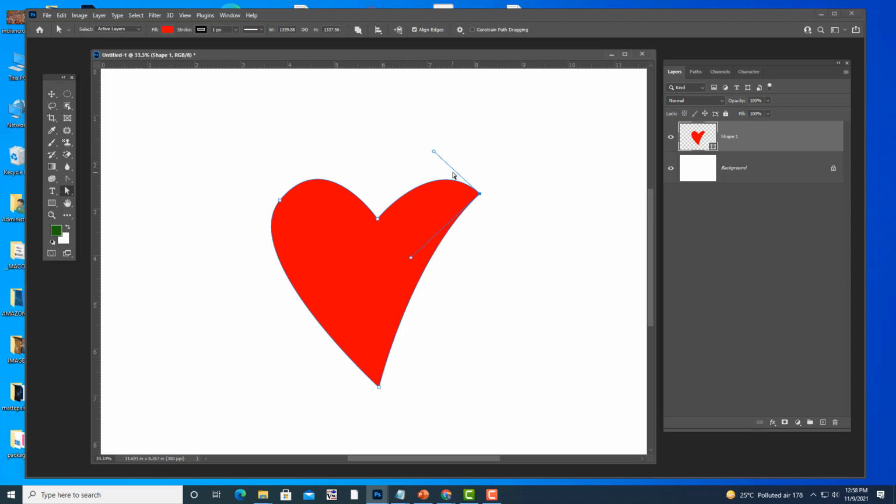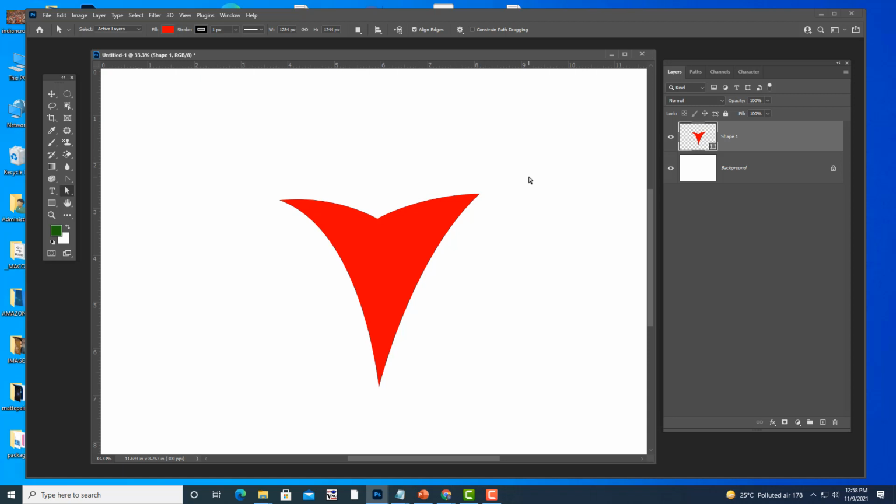The top side is not getting affected. Only one side. So like this you can affect only one side by using Alt.